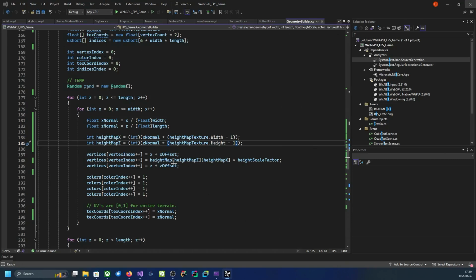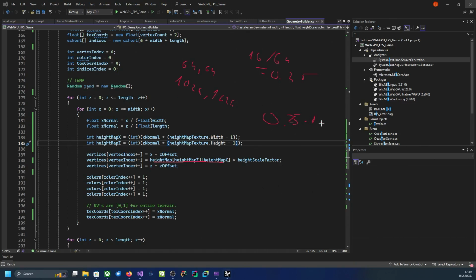So here the problem is, our terrain width is 64 by 64, but our texture is actually 1025. So not all pixels matter. What we did is we kind of just normalized it. Let's say that here, this x normal. If we have some number, let's say 16 divided by 64, we would get something like 0.25. What we did then is, okay, let's take that 0.25,